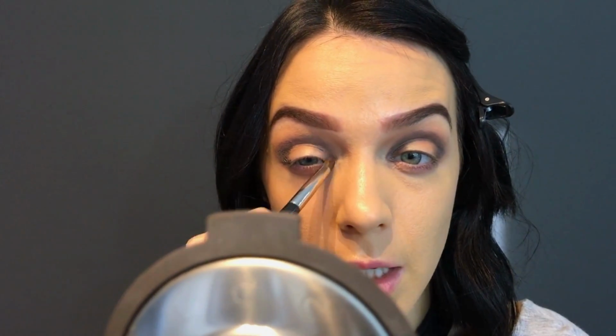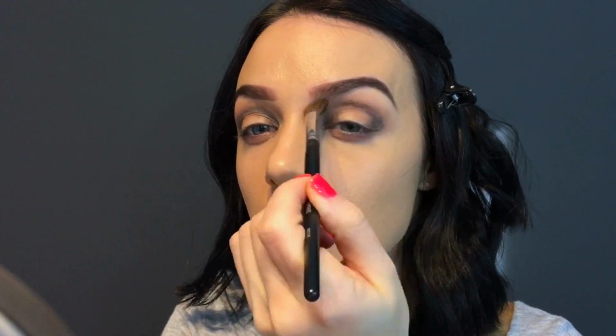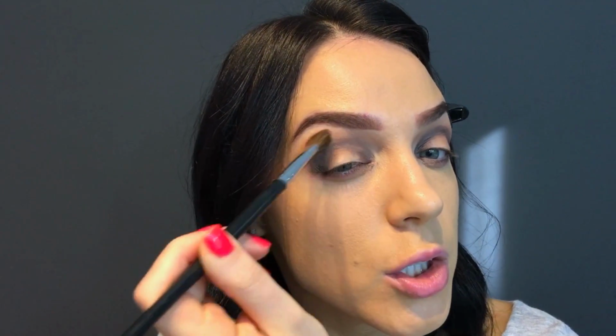And we're not putting it right on the tear duct because we probably will highlight that. We're just putting it just after the tear duct. So what we're going to do now is grab a blending brush, just blend that out. You don't want to have any harsh lines. The next step is this Napoleon